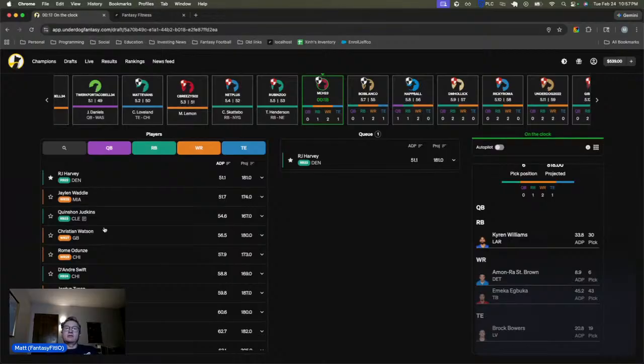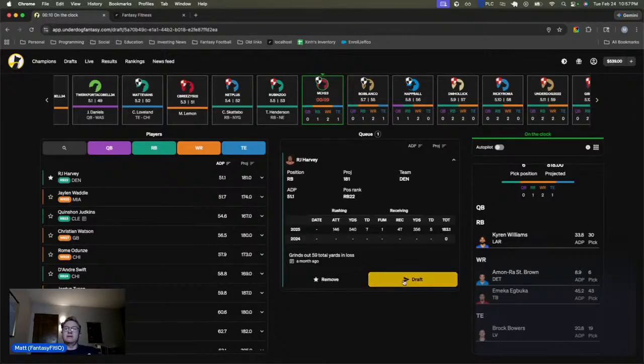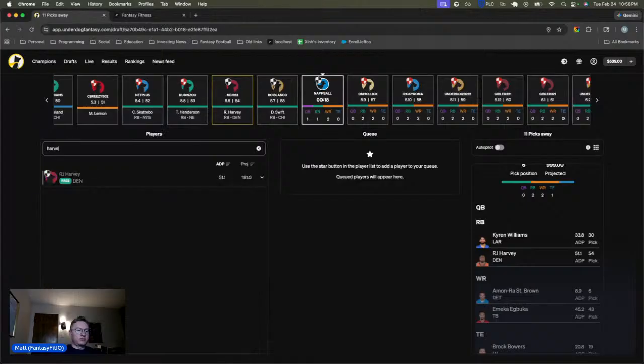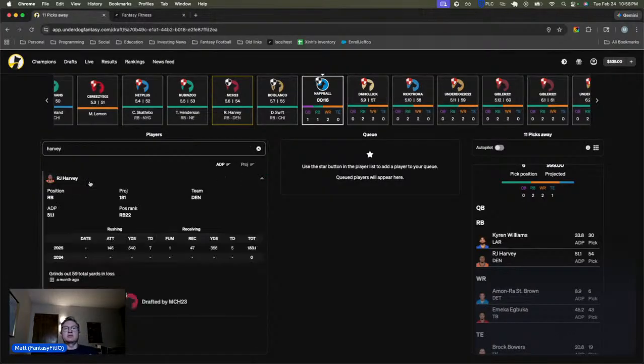So Henderson goes, and I kind of like Harvey. I think that's kind of a fun pick. We don't know if they're going to bring anybody else in. I think he's a jitterbug. He's active in the passing game. He got better as the year went on. Let's look at his stats real quick. He is an older prospect, and I wasn't thrilled that they took him in the second round for a 24-year-old. But